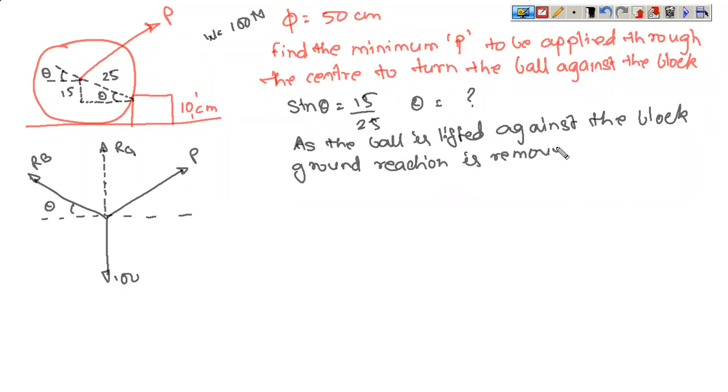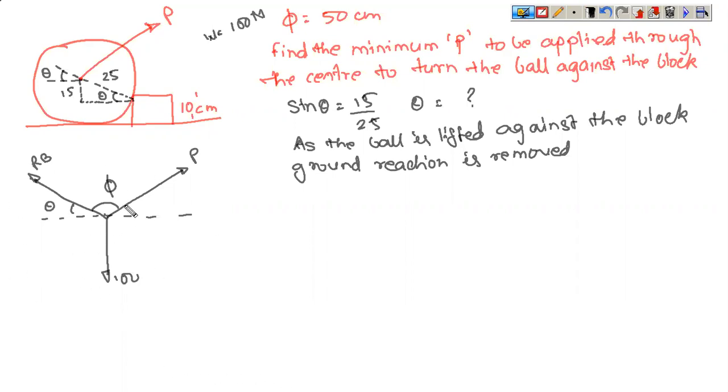So while solving this problem, you need to draw this free body diagram. Then you will draw another free body diagram. In another free body diagram, you will draw it after removing it. Okay. So this is one half of your problem. Again, this angle is not known to you. So let this be phi. This angle is not known to you.